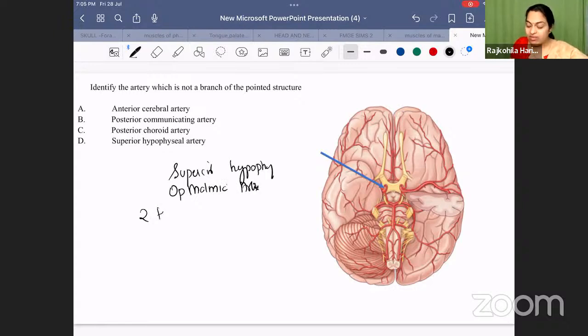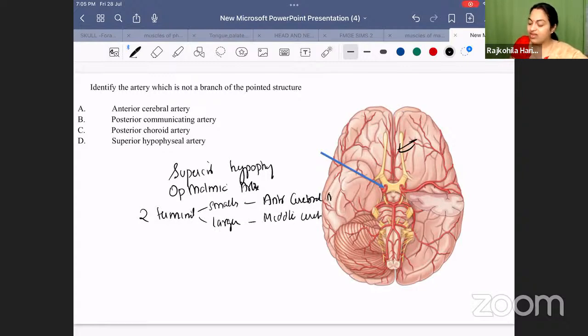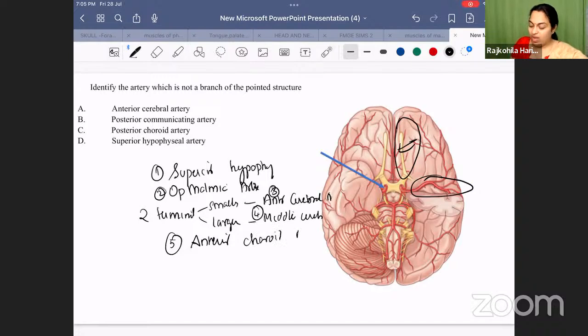It gives two terminal branches. The smallest of which goes to the front here. This one, that's the anterior cerebral artery. And the larger terminal branch is the middle cerebral artery, which turns laterally. This is your middle cerebral. This is the anterior cerebral. Okay. So 1, 2, 3, 4. And yes, it gives rise to the anterior choroid artery. And one more,